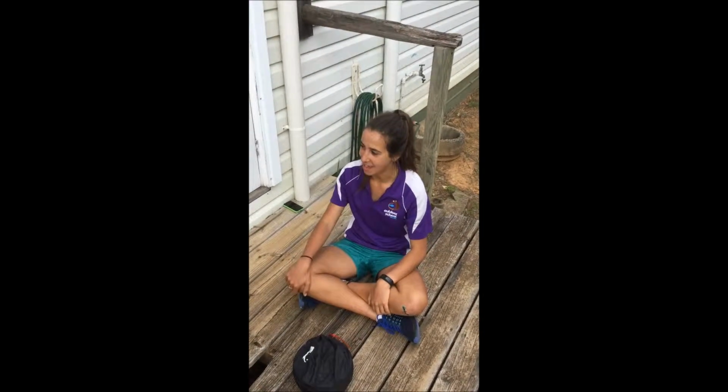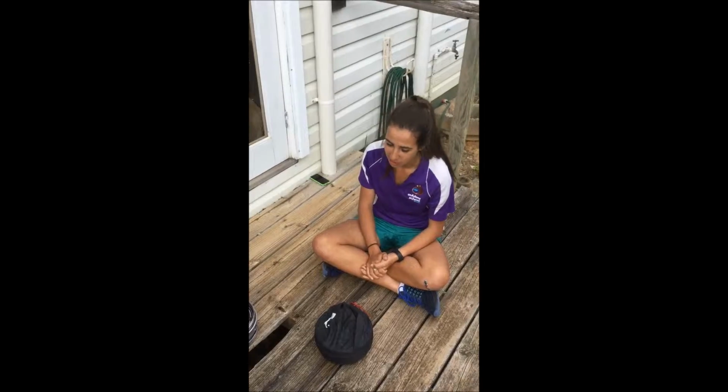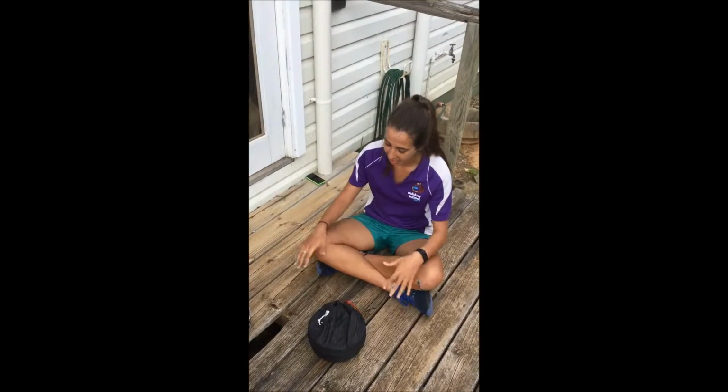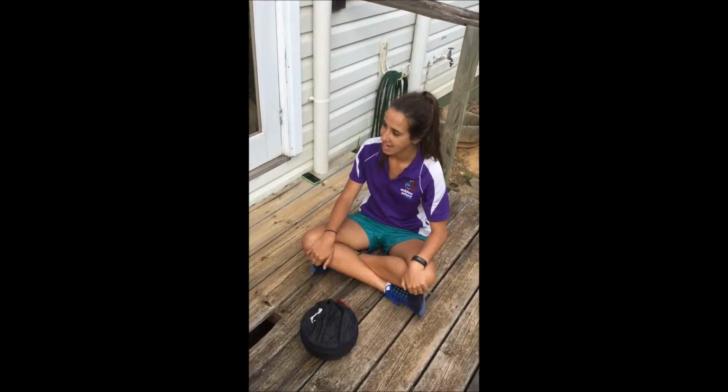Today we're going to be learning about the Trangia and how it works. Just some safety considerations with it. When we set up, we just have to be really careful to keep our methylated spirits away from our Trangia